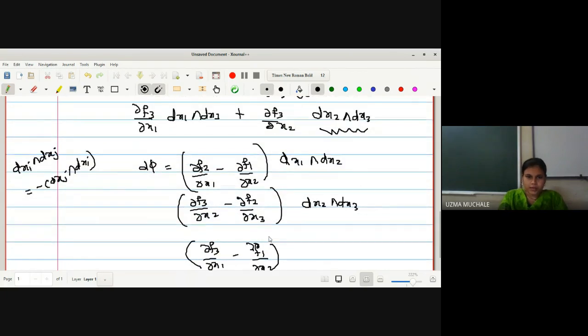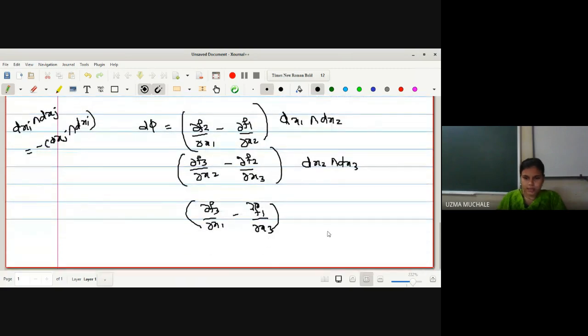Yes, what is dx1 wedge product with dx3. Okay, so now we come across this one. Now what is our actual aim? To find out what is d²5. Let me go for finding d²5, because we cannot simplify more than this one. As we do not know what f1, f2, f3 are, we cannot evaluate this d5 equation more.